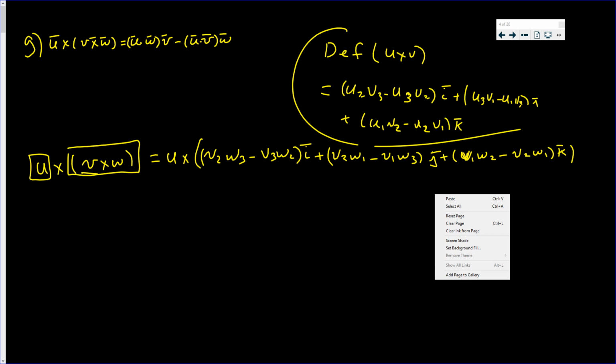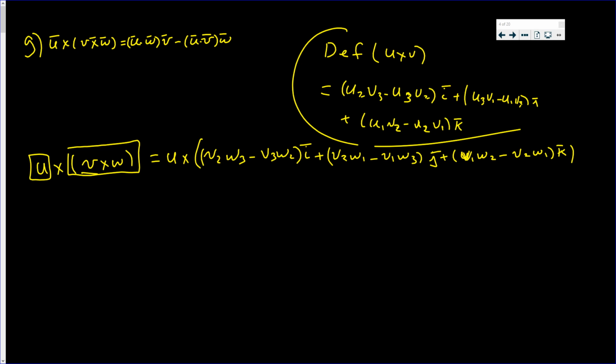So what we have is that this is equal to U dot this vector. But again, what is U dot that? Well, by definition, it's the first vector second component, which is U2, times the second vector third component, which is V1W2 minus V2W1,